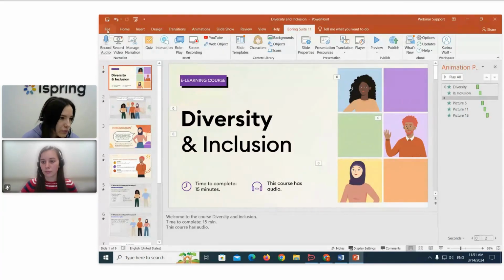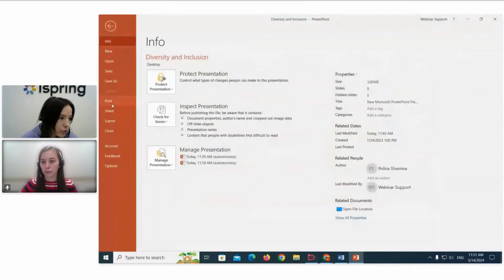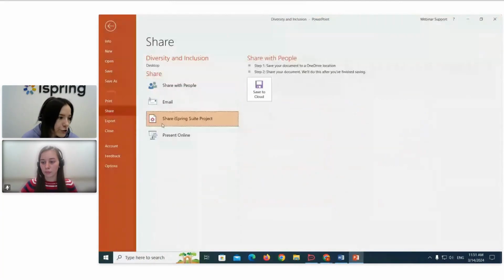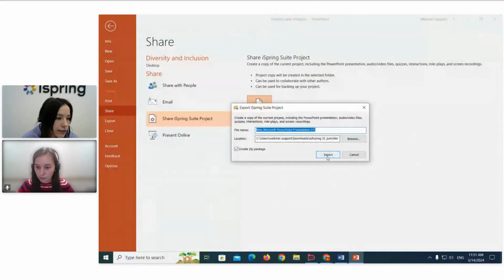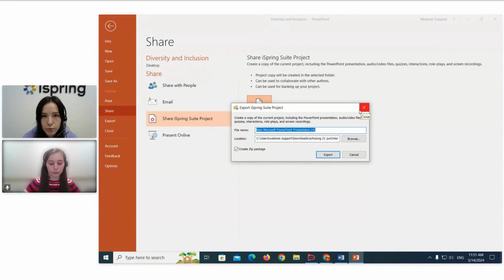So to export an iSpring Suite project, we need to go to the File tab in PowerPoint and then click Share iSpring Suite project, and then Export Project, and then make sure that the option Create Zip Package is selected. Here you can give your project a name and then click Export, and both your PowerPoint file and your source folder of the project will be exported into a zip archive, and you will need to send the zip archive